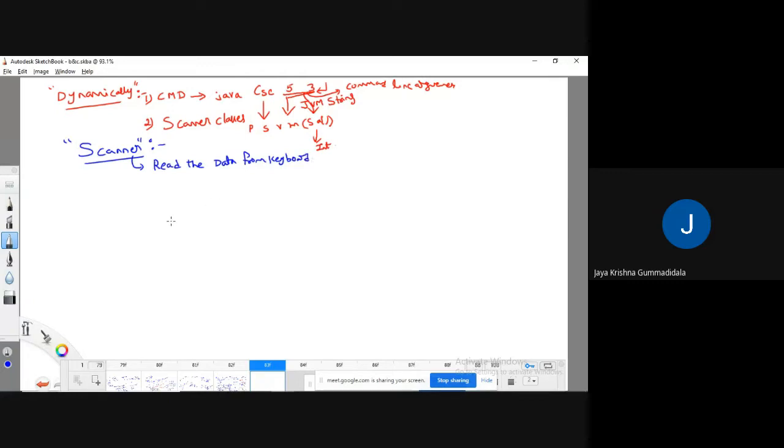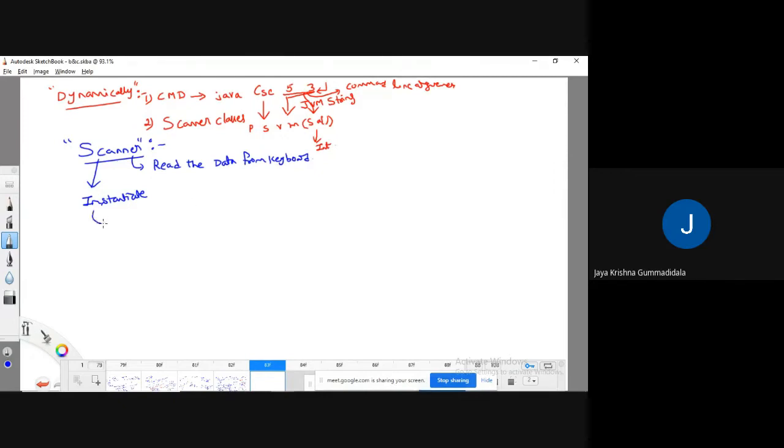To read data from the keyboard, as it is a class, first we have to instantiate this class, meaning once we create memory for this class, only then can we read data from the keyboard.